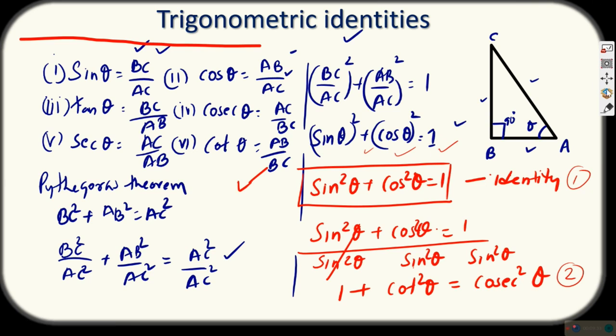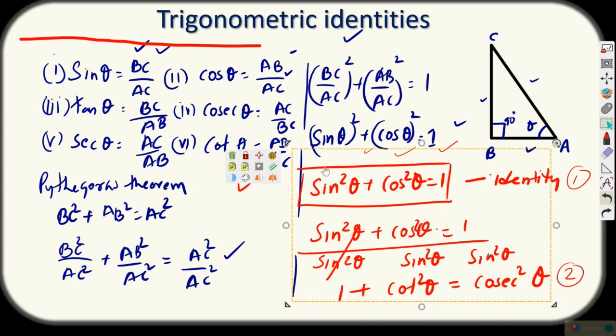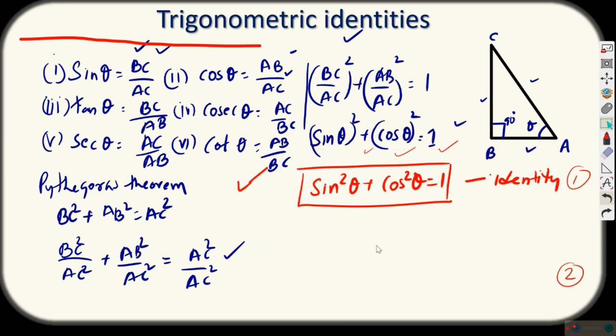I will show it here only, let me rub this out, because it will be easy for you if I do it here. I am removing the second identity you learned, for the purpose of continuing from here. Suppose I am dividing this sine square theta with cos square theta, and cos square theta with cos square theta again,